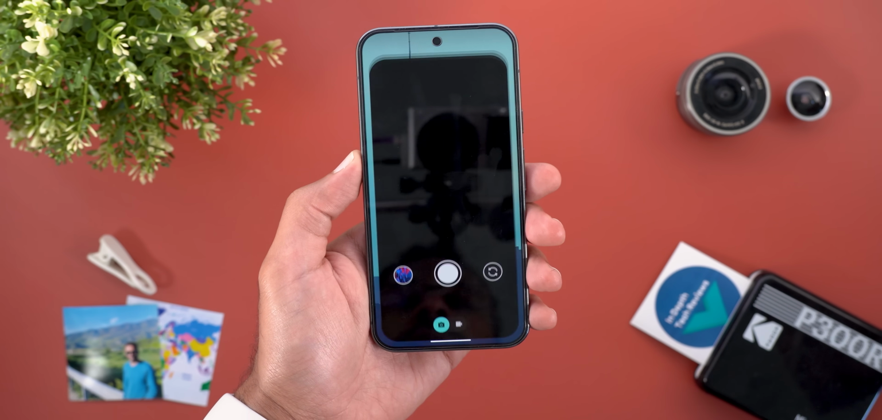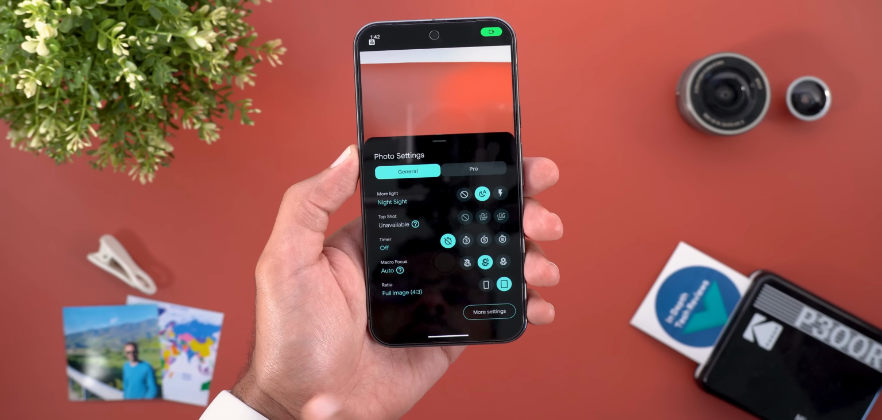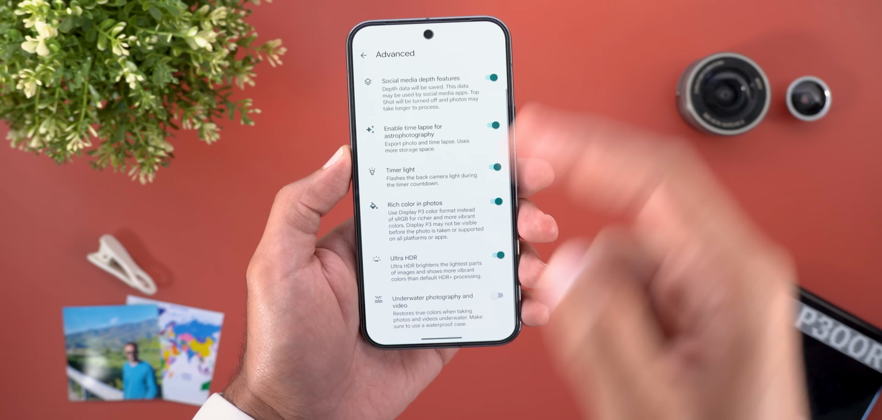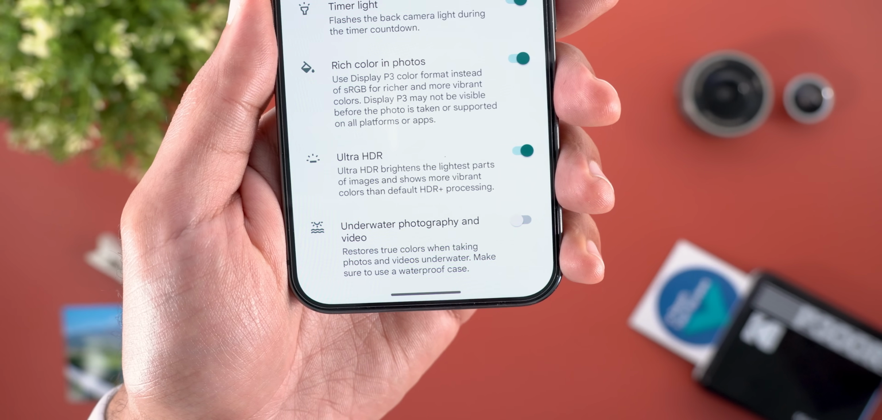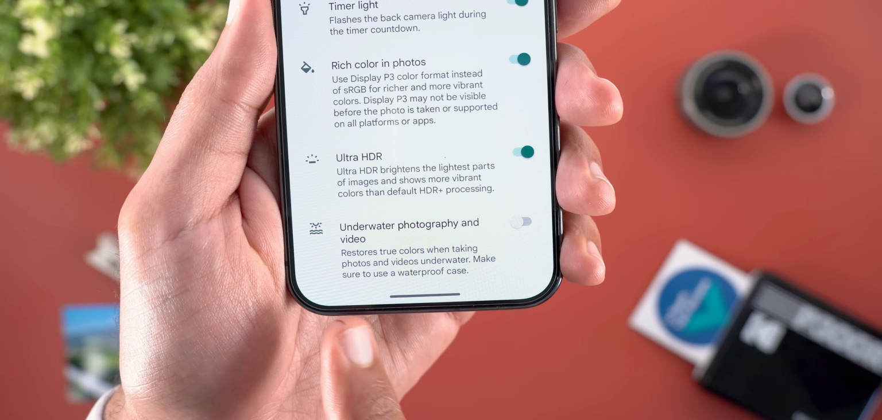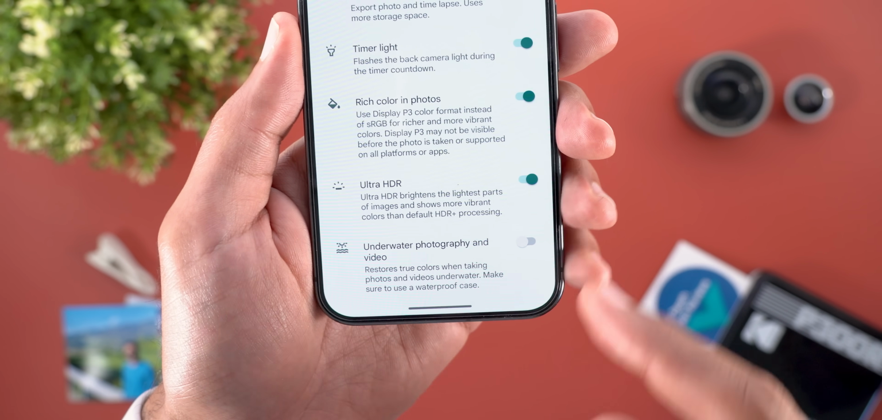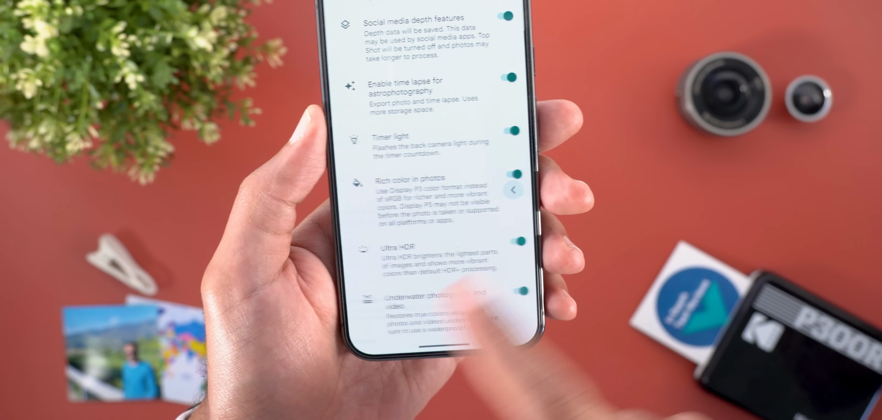The first one is the new toggle that you will find under the more settings and then advanced, and then scroll all the way down. You will see a new toggle called underwater photography and video. This new feature is part of the October feature drop, and when you turn on the switch